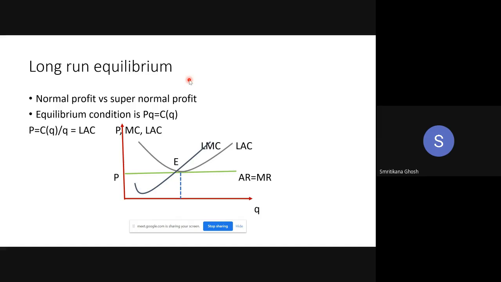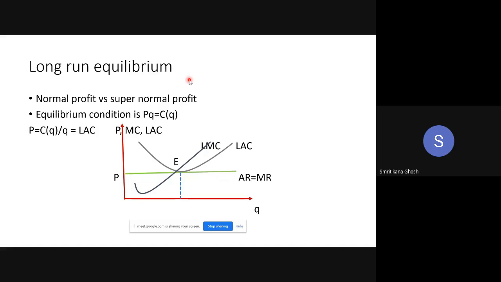It's a lengthy process. It will take time. But finally, the supernormal profit will be zero for all the existing firms, and then no other firm will enter the market, because now they are not interested in entering. Then you get a stable situation in the market. That stability is the long run. So now you are getting the long run equilibrium. What is the property of the long run equilibrium? In the long run equilibrium, there is no supernormal profit.